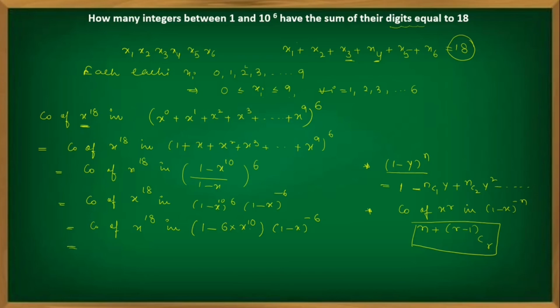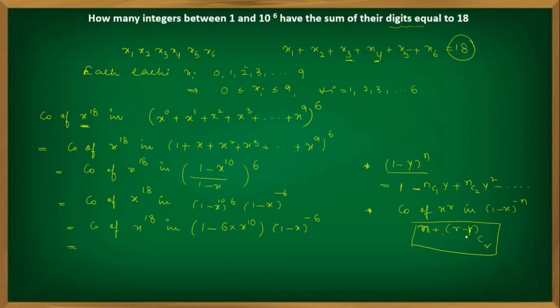This is the coefficient of x to the power of r in the expansion of 1 minus x whole power minus n. For example, if I want the coefficient of x to the power of 10 in this expansion, what will I write here? I'll write C10, and here I'll write n plus 10 minus 1, where n is the index of the binomial. So n plus 10 minus 1 C10. Okay, so keep in mind this formula that we are going to use here.